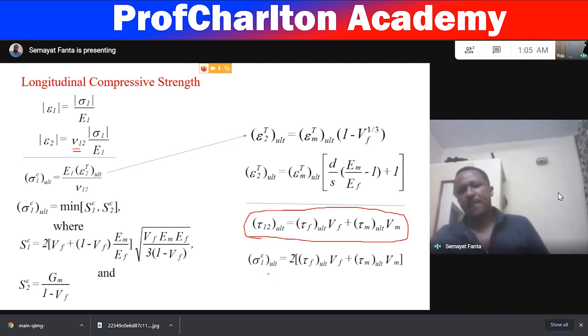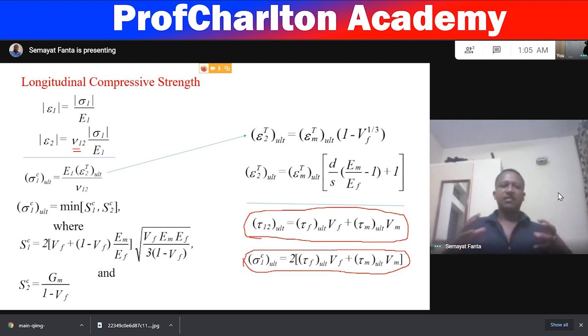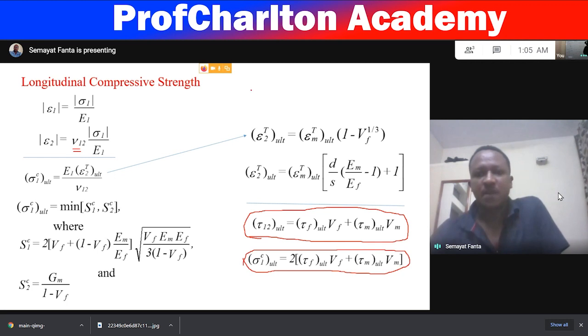And the ultimate strain in one direction, not tensile but compressive, compressed in one direction. What I am saying is the specimen is compressed in the fiber direction. The loading is compressive loading now. Okay, so our fiber is here. If you consider this as fiber,